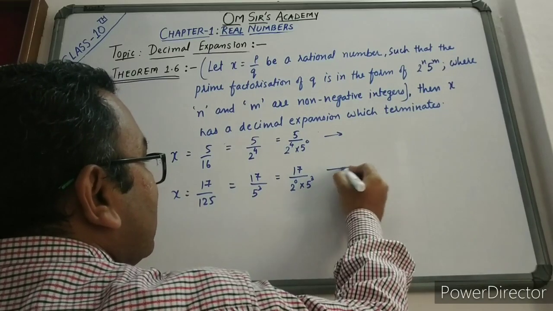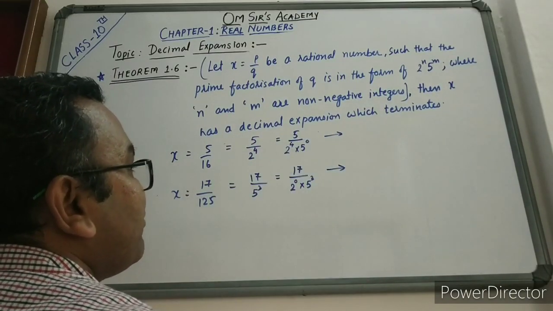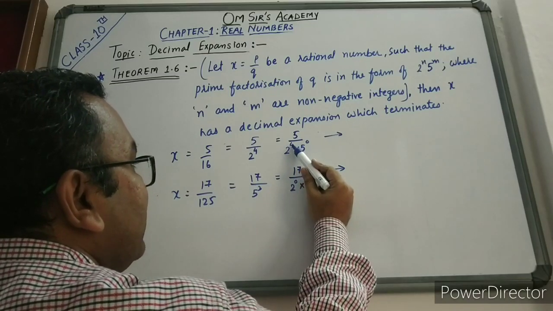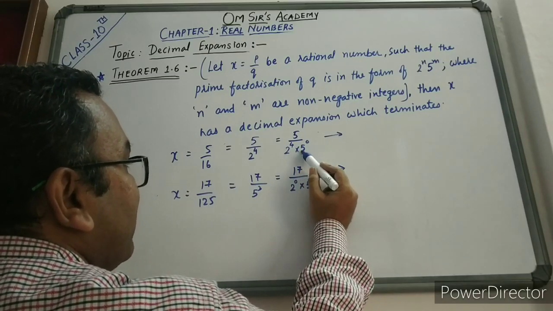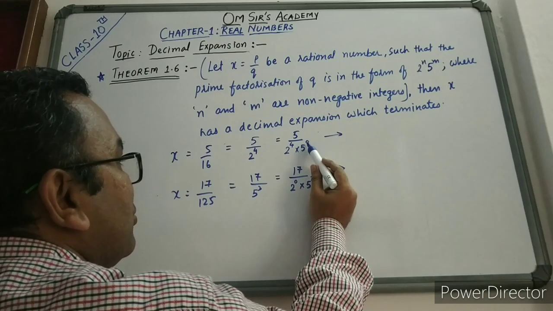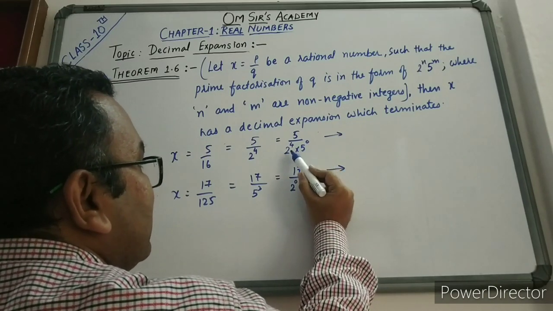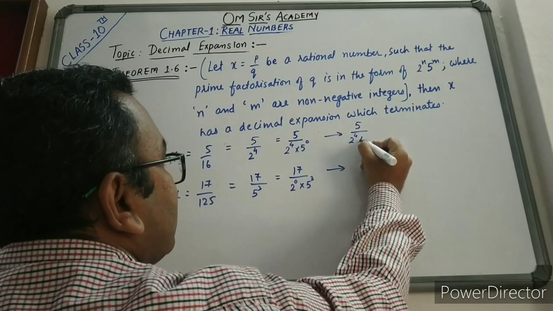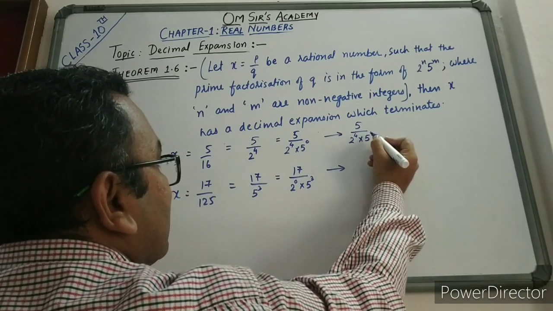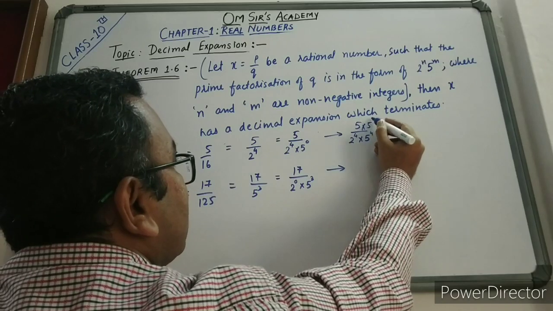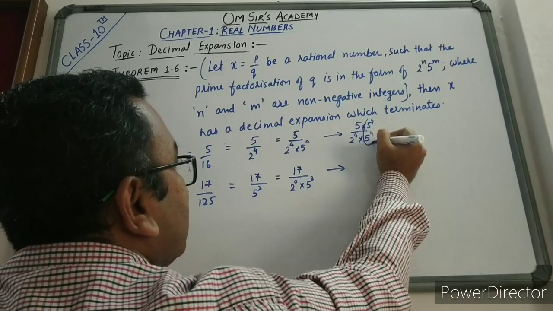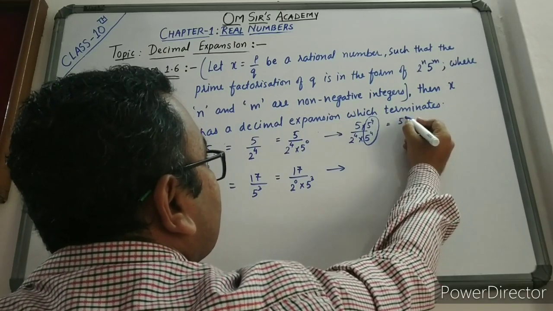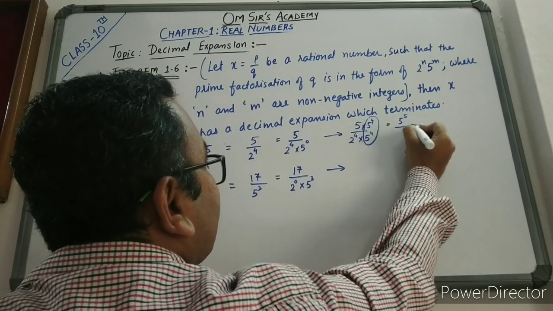So how we can find the decimal expansion of this? It is very easy friends. यहाँ पे नीचे देखो Q में 2 का highest power क्या था? 4 and 5 had a power of 0. So to make it balance, I need what? I need to multiply 2 raised to 4 into 5 raised to 4. Okay, and whatever I multiply in the denominator side, I'll multiply on the numerator side also. So it will be what? 5 into 5 raised to 4 is what? 5 raised to power 5.